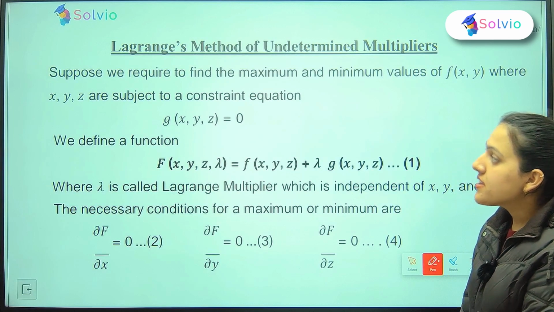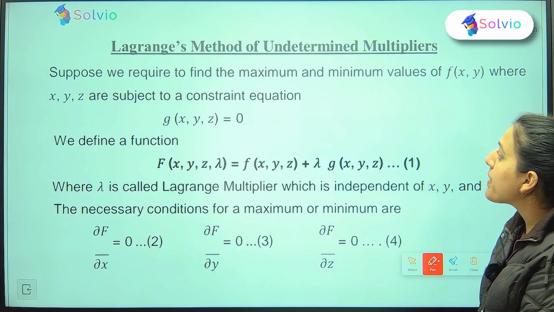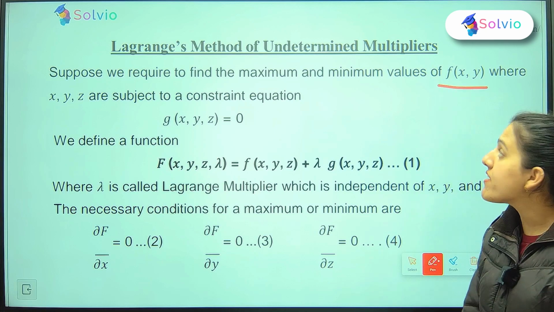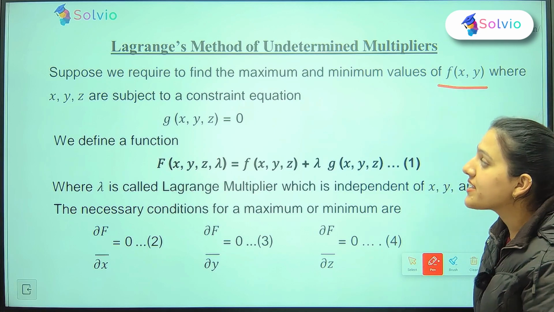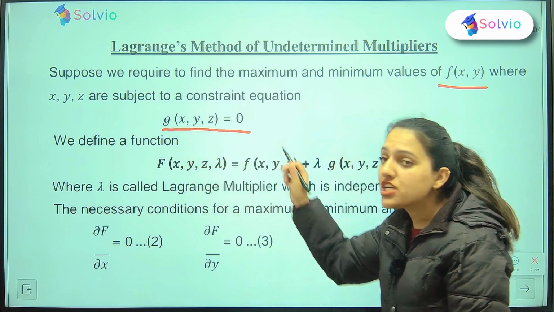Hello students, I am Karishma from SolveView and today I am going to discuss the topic of Lagrange method of undetermined multiplier. So students, here we will suppose that we require to find the maximum and minimum value of function f of x, y, z where x, y, z are subject to constraint equation which is g of x, y,